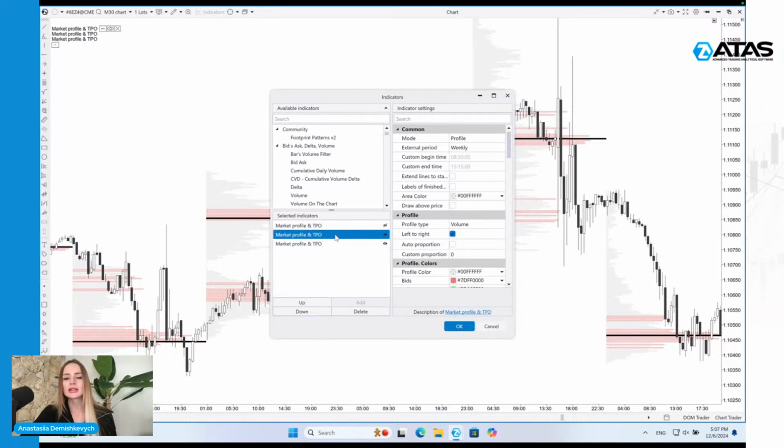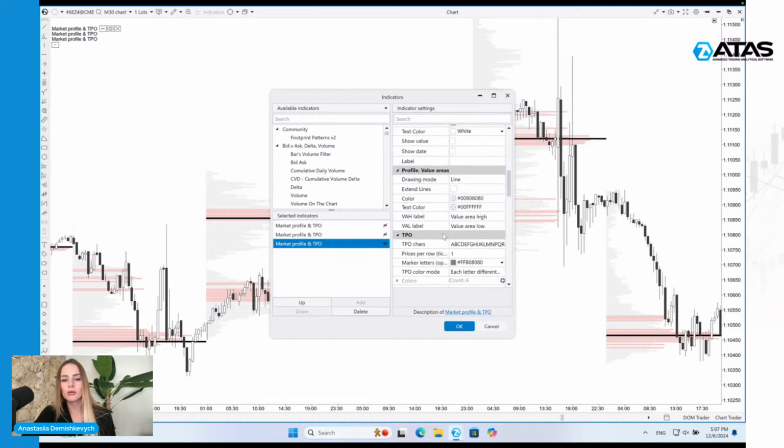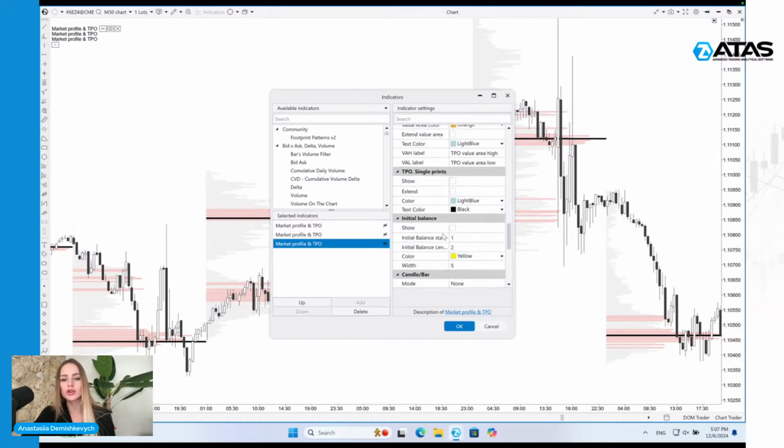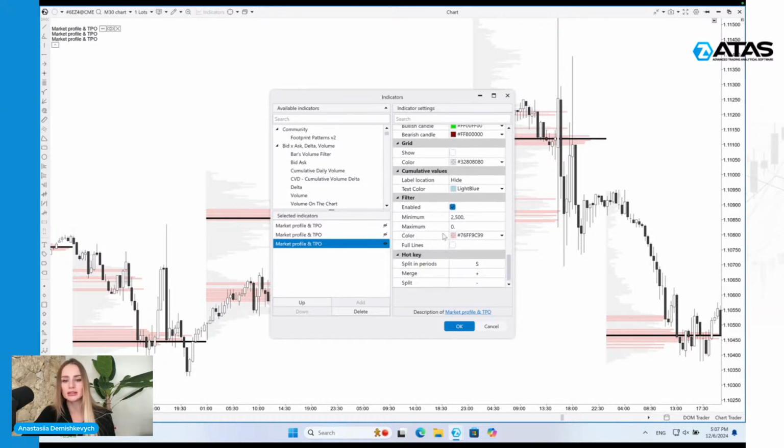Now, for the weekly and monthly time frames, I can switch on or switch off the profile, but I always have my key zones on my chart, which is the point of control and value areas. Now, for the daily period of time, I also have my volume profile, the histogram, turned on. And for my personal comfort, I also have the filters implemented, which allow me to see and filter out the